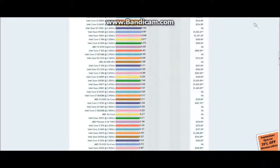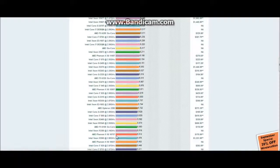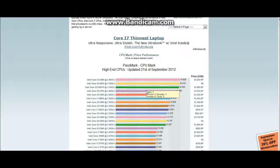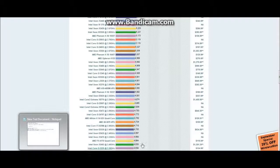And I'm not recording in full screen either, so if I go up here, you guys can't see this, but I can. So with any Core i7s, when you start to see the Core i5s or the Core i3s disappear, you can just go ahead and choose any of those ones. Any Core i7, you should be set. The chances are it'll be a good computer. But anyway,